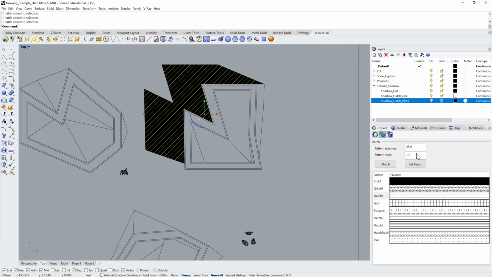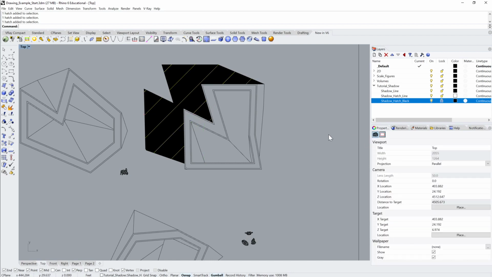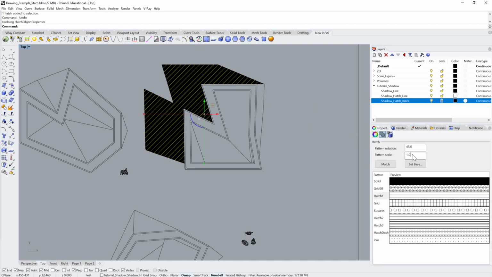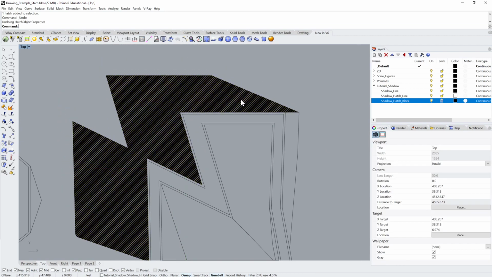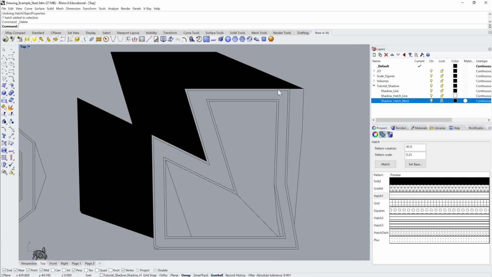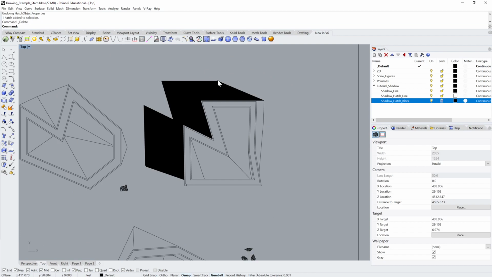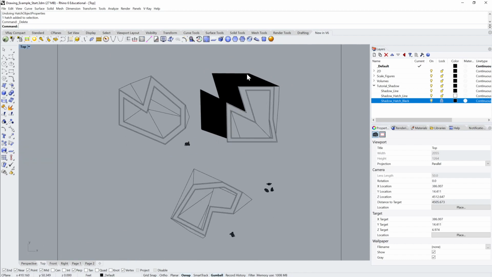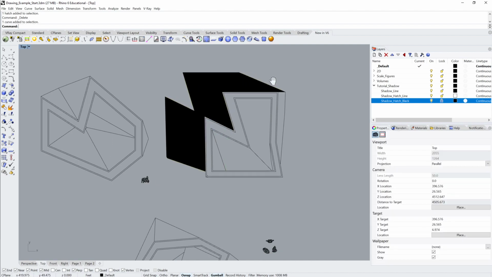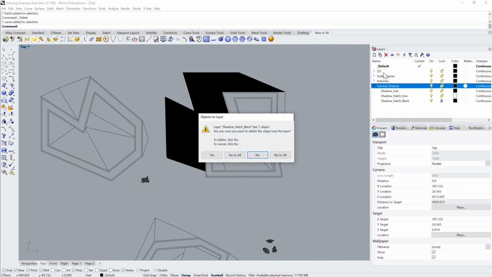And then you could, of course, change the scale of this thing to 5, or what was it before? It was 1. So if we went 0.25, then they become a lot closer together. And so there is something a little tricky with hatches. It's not really that tricky, but I already have all of this set up. So let's look at,